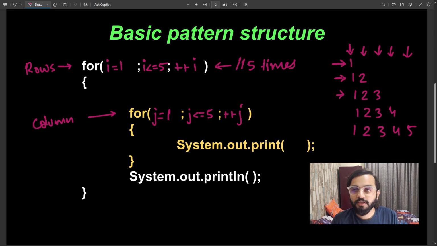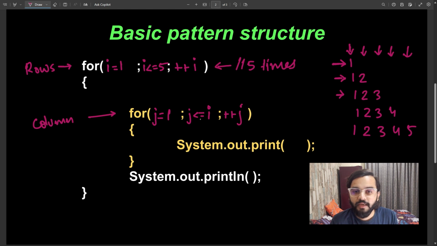So there is just one change. Instead of less than or equal to 5, I will use less than or equal to I, as we already saw that the row number matches the number of columns present in the row.